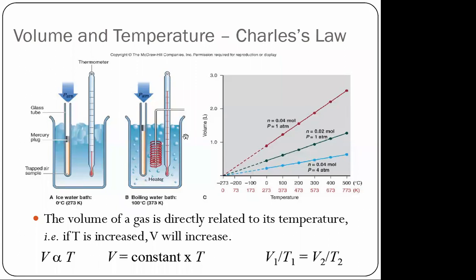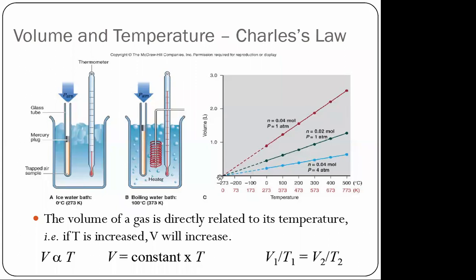But by the time you heat it to 100 degrees Celsius, which is 373 Kelvin, you have an expansion of your particles. Your volume will increase because of postulate 5, which says the average kinetic energy will increase when you increase temperature. Because the average kinetic energy increases, there will be faster movement, faster collision, and an expansion of your volume.